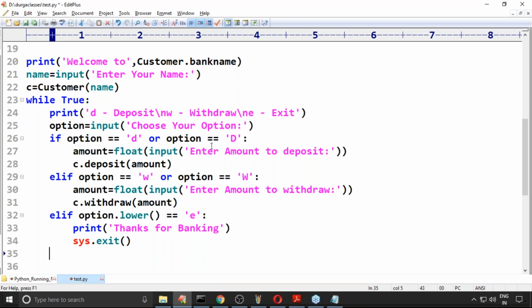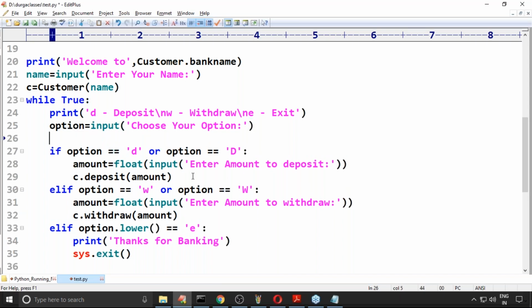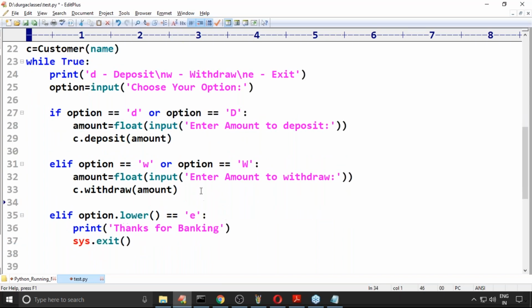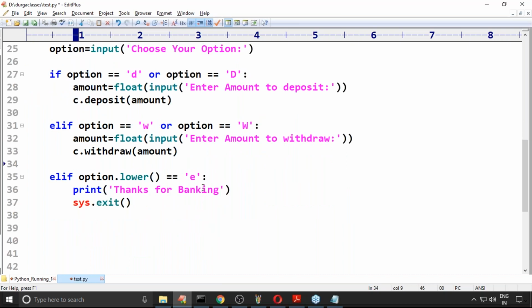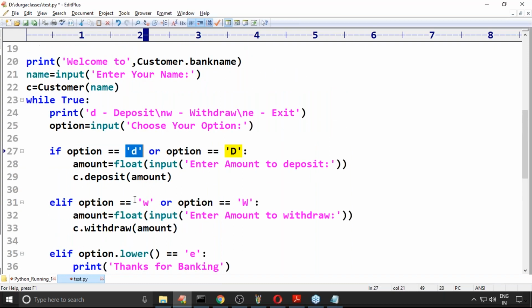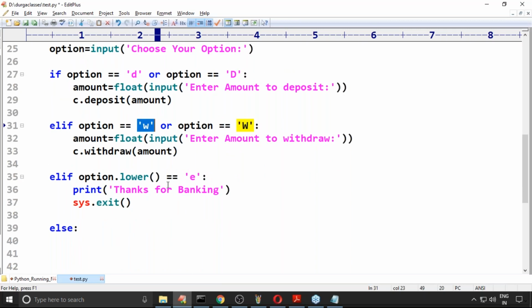So we implemented the option for deposit, for withdraw, and for exit. Now my question is, else: it is not D, it is not W, it is not E, which means an invalid option.